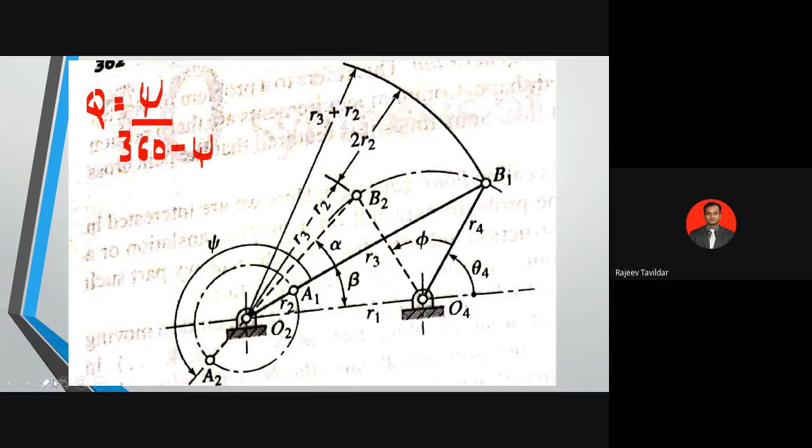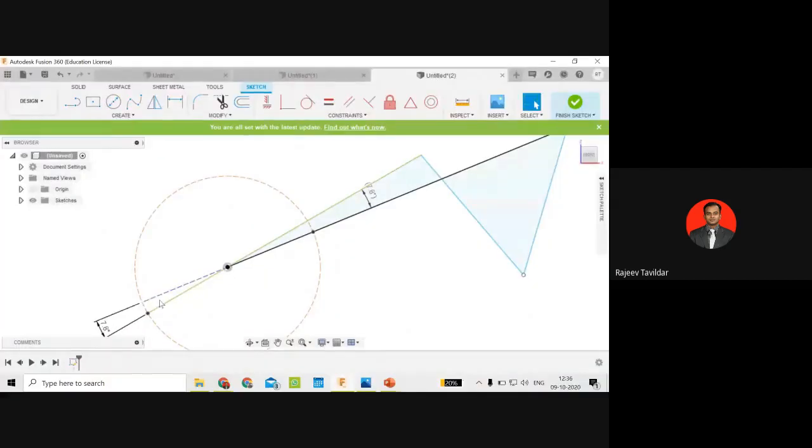Okay. Now I just want to understand what this psi is in terms of alpha. For that, we know that this alpha is the angle between these two connecting rods. That is what is reflected here. And this total psi is the angle from this line up to this line, so the angle between these two lines. So this angle is 180 plus alpha. So the angle psi is nothing but 180 plus alpha. So that's what we can see here also.